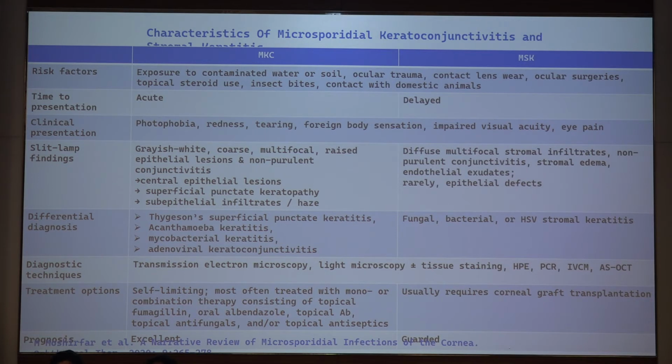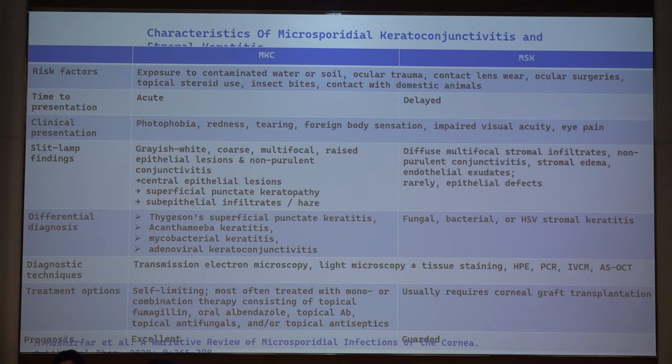On slit lamp, you would find grayish, coarse epithelial lesions. In the epithelium, it would look like something is stuck onto it. That is very characteristic, and you would really not miss it when you look at it. The conjunctival injection would not be very severe in these cases; you will have it very mild. Early on, patients just complain of a foreign body sensation, and several times it's a self-limiting lesion. It would just go away with whatever antibiotic you're treating them with.